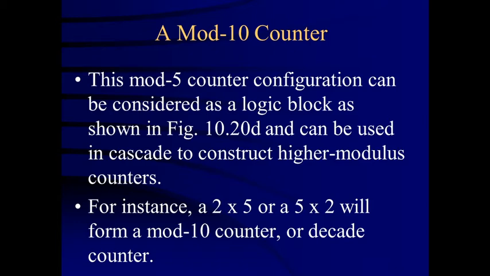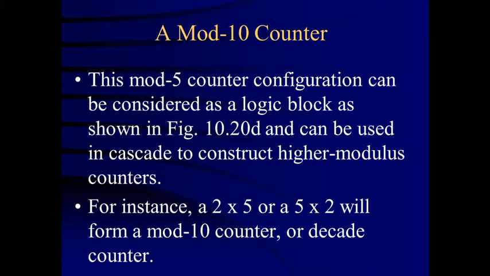Similarly here, our need is a mode 10 counter or modulus 10 counter, which is also known as a decade counter, because we are utilizing the decimal number system, 0 to 9. That means there are 10 digits, so 10 discrete states are required, corresponding to each digit from 0 to 9. Hence we need a decade counter or modulus 10 counter, which can be prepared using a modulus 5 counter as a logic building block.